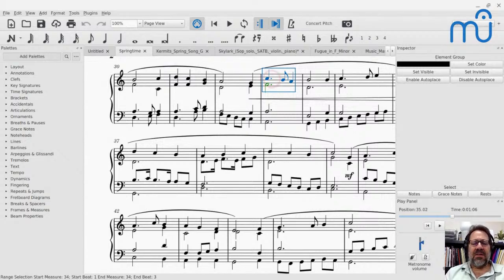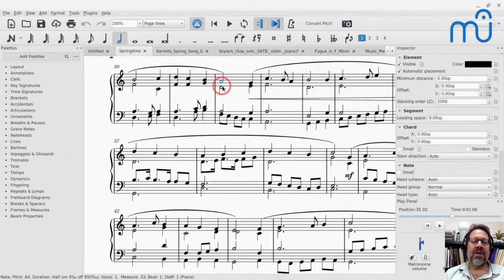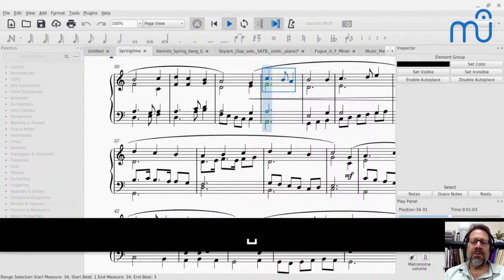That's not to say that we don't want to be aware of their existence. So I'll be curious which one you were looking at. I can definitely see that there's a fifth at the beginning of this measure and a fifth at the beginning of this measure, but they're interrupted by another note. In any case, what's happening here